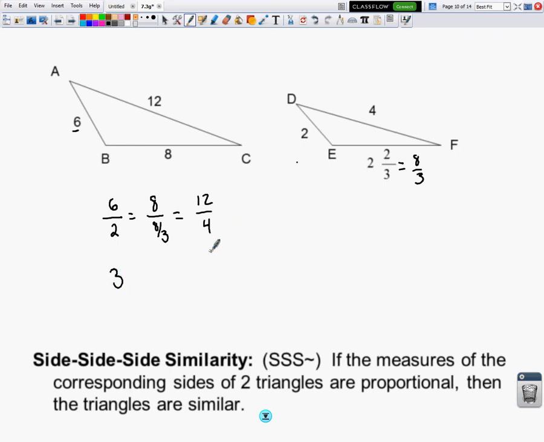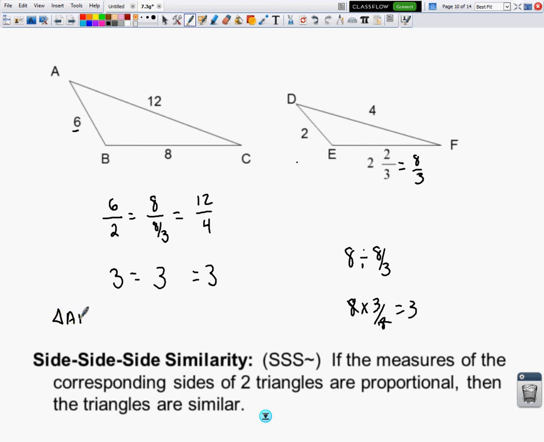How many times does 4 go into 12? 3. So if I take 8 and I was dividing it by 8/3, what's our rule when we're dividing by a fraction? Keep, change, and flip. What's going to happen to the 8s? They cancel out, and obviously then this is also equal to what? 3. Since the 3 sets of sides are proportional,